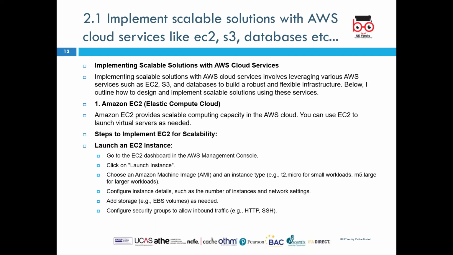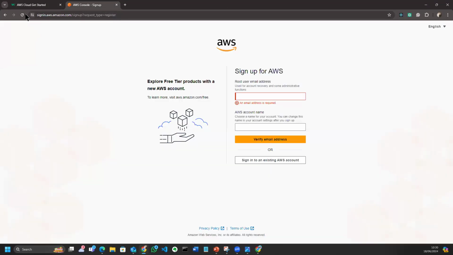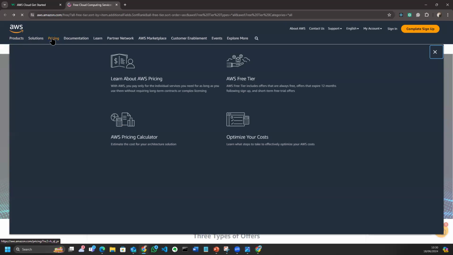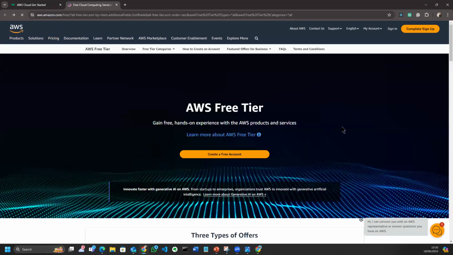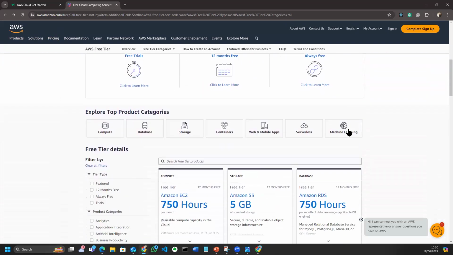Let's go to the website and find out, because the first year is free. You have 12 months free of charge, where you can build and use whatever you need. And once this runs out,